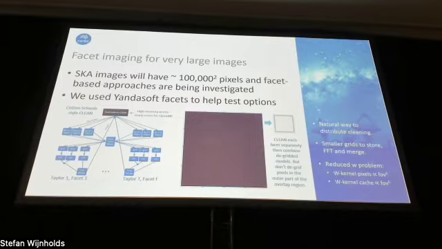Right, and just another example, I think this is the last example of the splitting. While we're splitting in frequency and Taylor term, we can also split over facets, which are little sort of chunks of the image, and that's quite useful when you start getting up into the sort of SKA scale images. So the larger SKA images are going to be 100,000 pixels across or something like that. And a lot of the wide field techniques involve going backwards and forwards between image domain and Fourier domain and image warps and things like that. And that becomes really prohibitive when you've got these really big images, right?